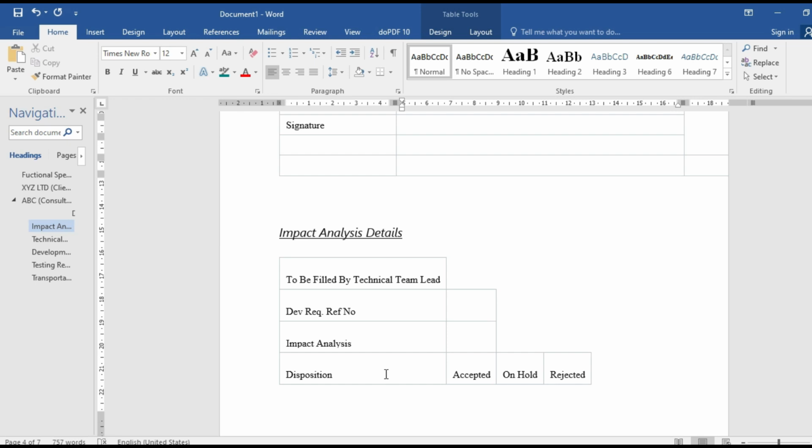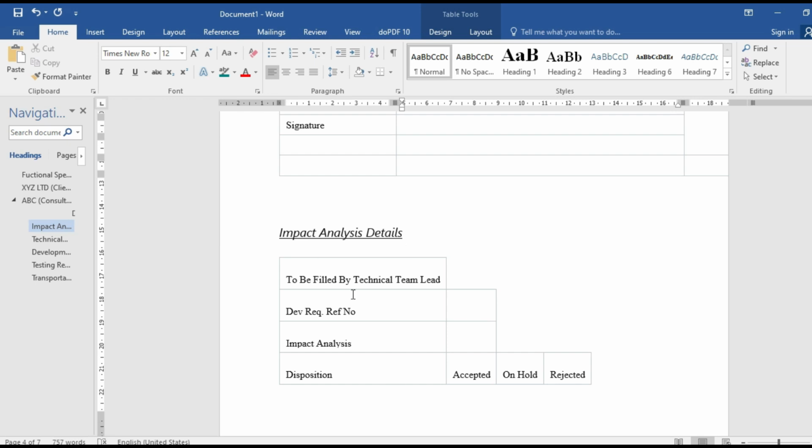Then this is filled by the project manager, whether the request is accepted or not, yes or no. Then date, remarks. Then impact analysis, that is done by the technical team, whether it is possible or not. Sometimes we think that the report is very easy, but when it goes to the technical team, they analyze and decide that this report is going to be so heavy on the system, so they reject it and try to understand more and make the report in a different way.